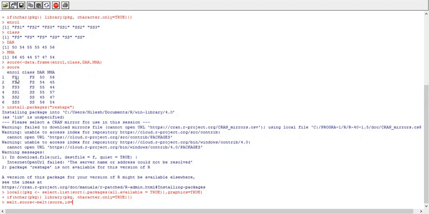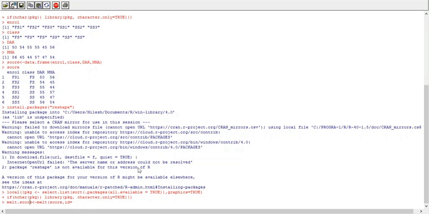Means FS1 student is from first shift, SS1 student is from second shift. So these are the constant variables, so they are called as IDs. We want to keep these two variables constant. And which columns have variable values? DAR and NMA. These two columns have variable values for the particular entity. So we are going to melt these two columns.